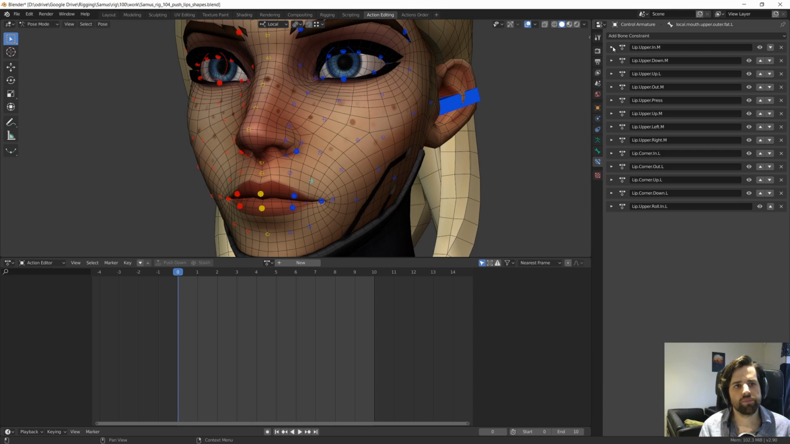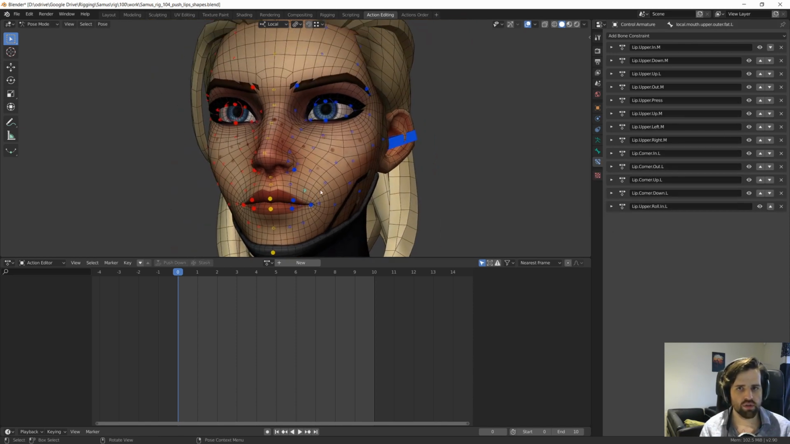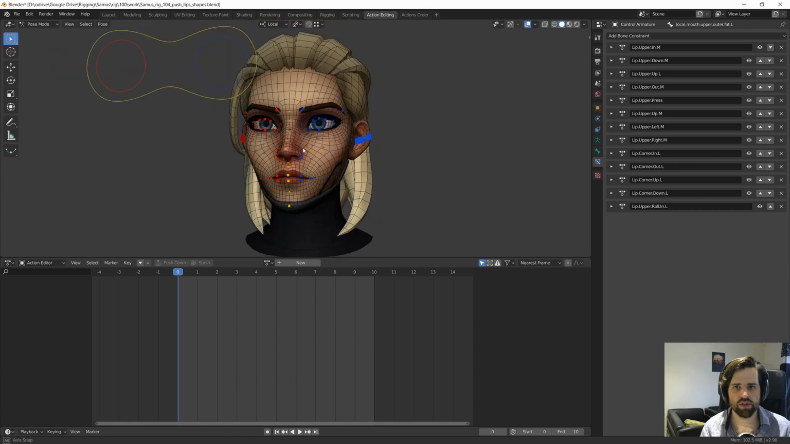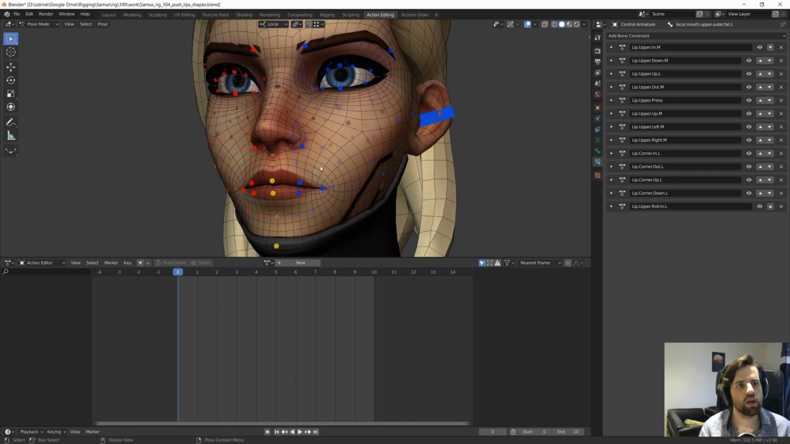And I don't know exactly how computationally intensive this is, but for each expression, of which I will probably have around 70 for the character, I need to have one of these action constraints per joint on the face. So if I do like 70